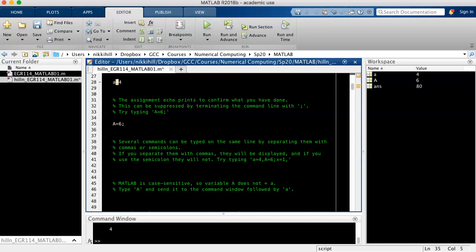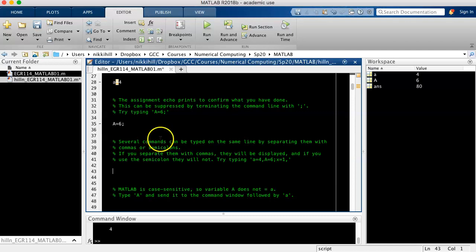Okay, so next, several commands can be typed on the same line by separating them with commas or semicolons. So if you separate them with commas, they will be displayed. And if you separate them with semicolons, they will not. And so let's try to type out several variables in one line of code. So we'll do lowercase a equals 4, comma, capital A equals 6, semicolon, and x equals 1,